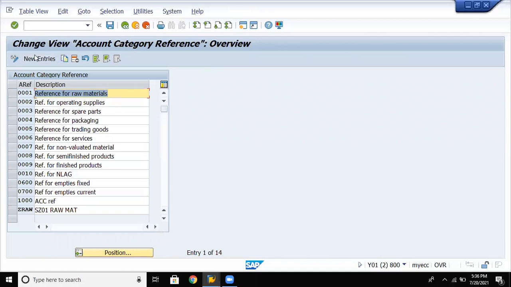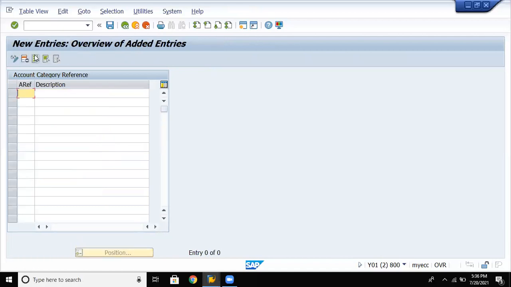Now new entries. So let us maintain the account category reference. So same code I'm maintaining, account category reference.